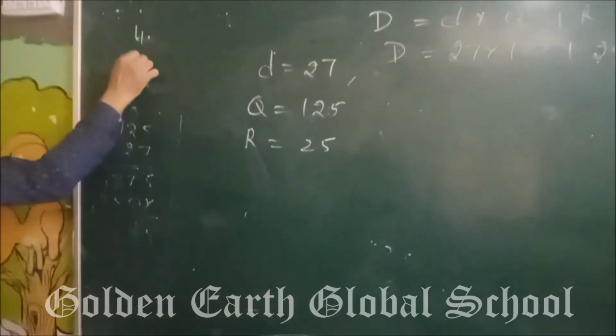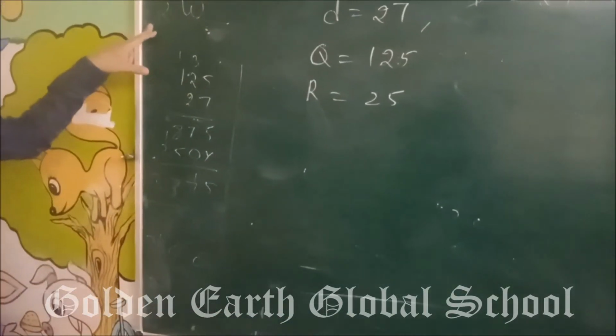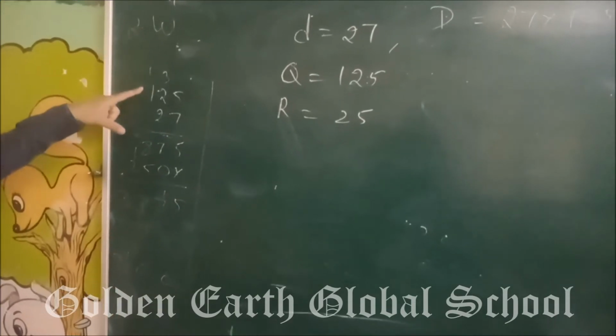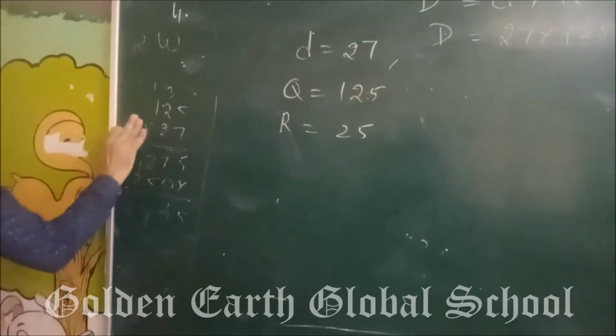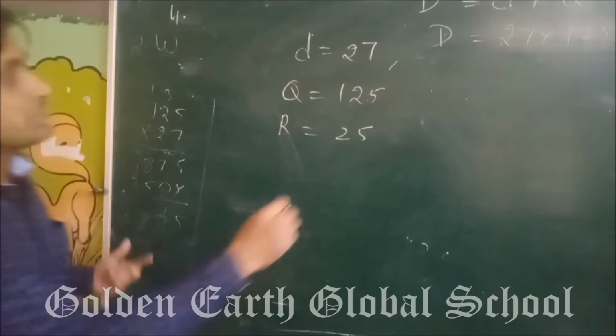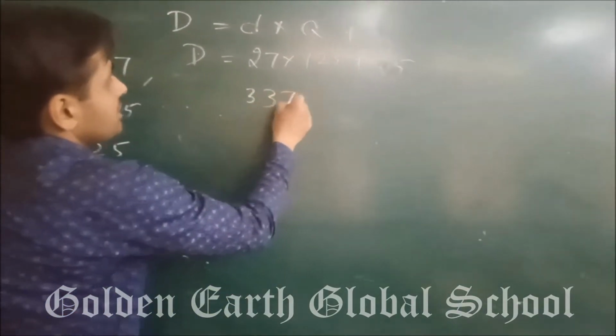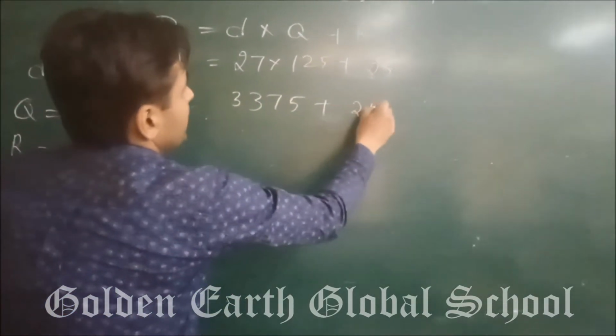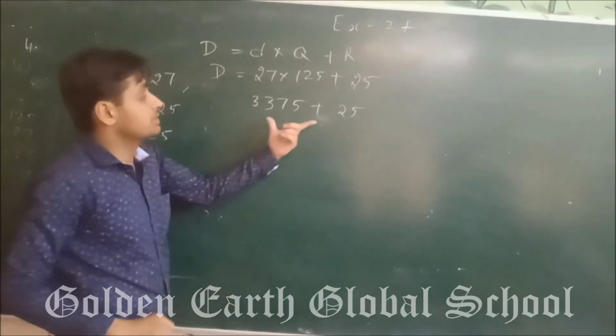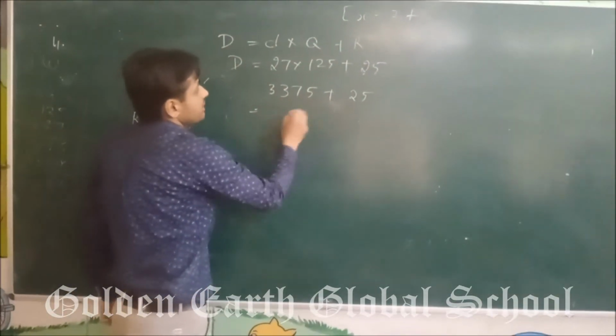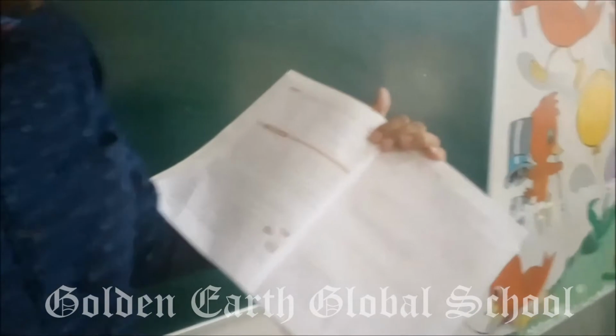Always make rough work in your notebook also. So 125 multiplied by 27 is 3375, plus 25. When you add, this is 34